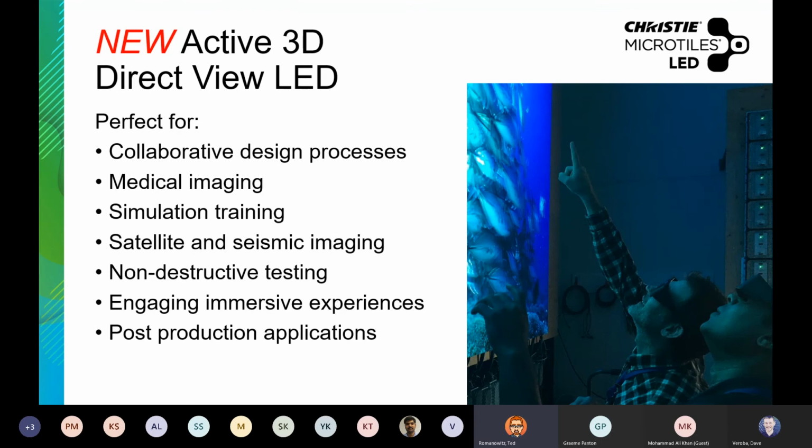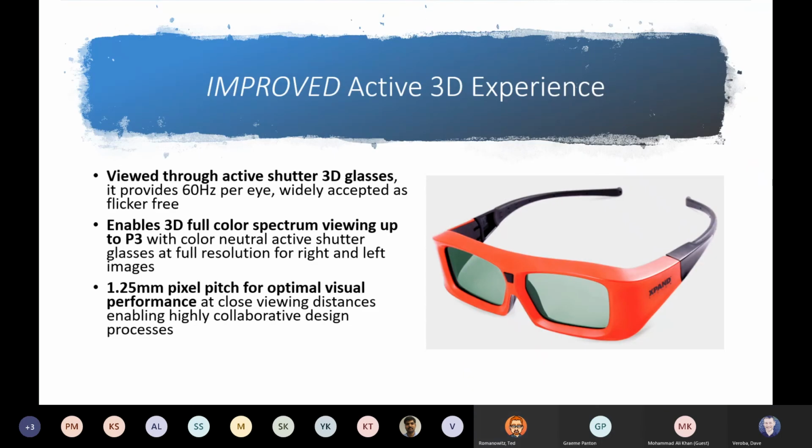Next slide, please. All right. So how is it better? Because that's really a big question. So again, we're using active shutter glasses. It provides 60 hertz per eye, and across the Pro AV market, this is generally accepted as a flicker-free experience. And because we're using the active glasses, it allows 3D in the full color spectrum, including up to P3 cinema